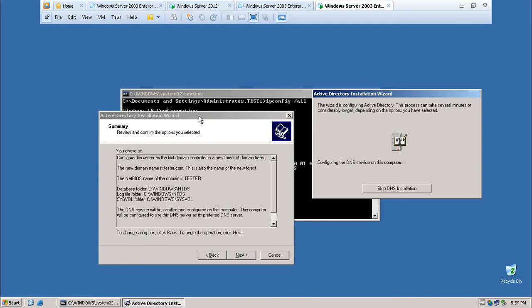Once the 2003 setup is done, then we will proceed with the DC promotion of 2012. Why are we doing this? To show what FSMO roles exist on 2003. In 2003 we need to take care of a few things. First thing will be